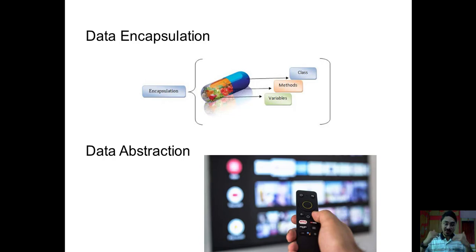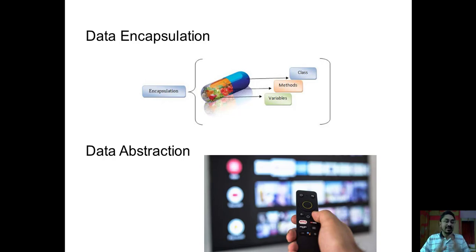The things have been abstracted from you. The details of these workings are abstracted from you, and only essential things are given to you. Essential access points are given to you. So that is nothing but the abstraction. Now, data abstraction in object-oriented programming says that data is not directly exposed to the user,